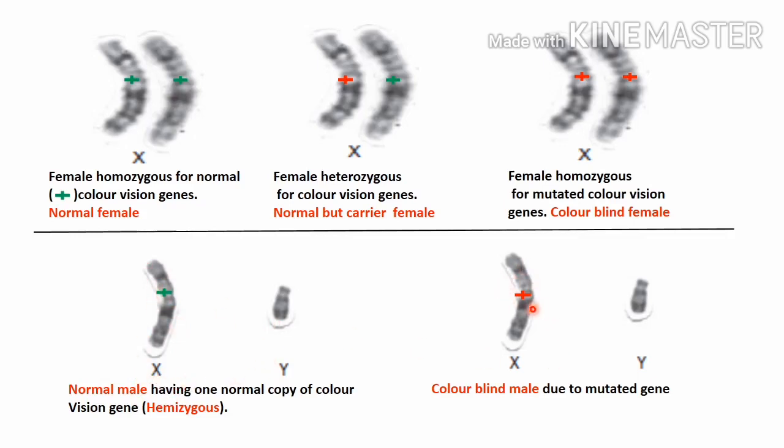But what if the only one X chromosome and only one allele undergoes a mutation, then this male will have no other normal allele of this mutated gene, and this male will be colorblind or hemophilic due to the mutated gene. And unlike the female, who may be a carrier, the male is not a carrier; the male may be either normal or colorblind or hemophilic.